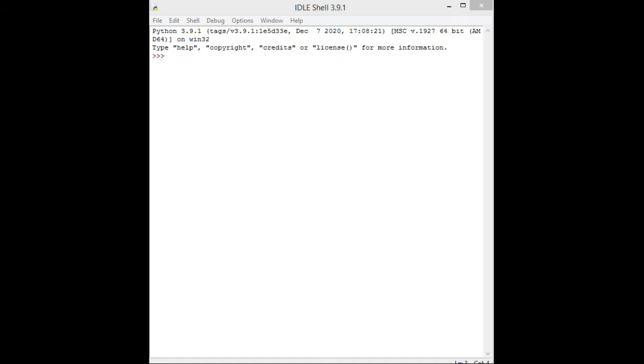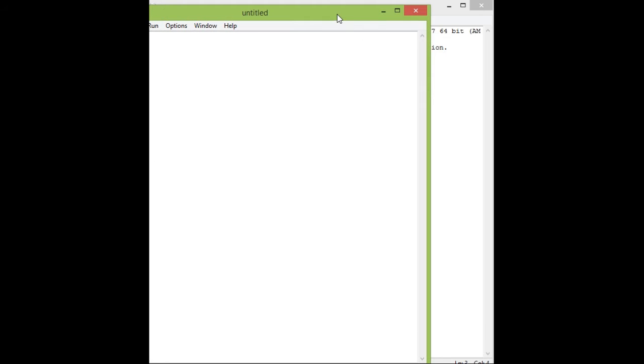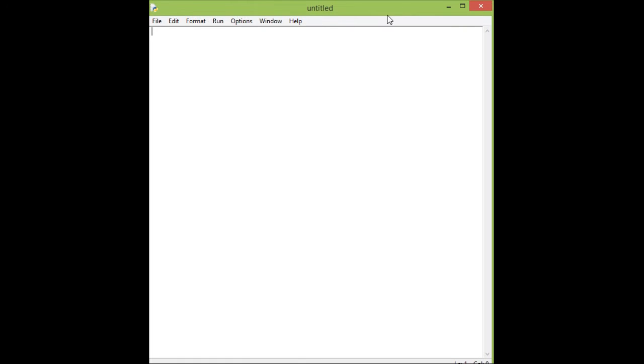And now I will give you an example. I have the interactive mode of Python open. Firstly, I will open script mode, and let me manage the screen. Now I will give you an example. Firstly, we write a equals 10. Next, we write b equals 20. And in c, we'll store c equals a multiply b.